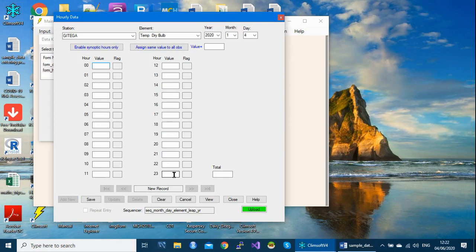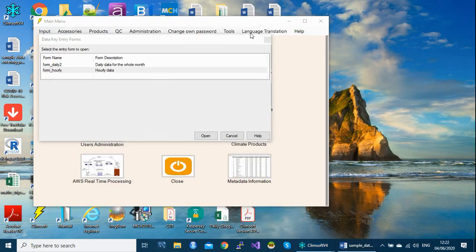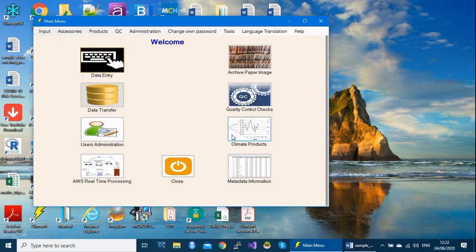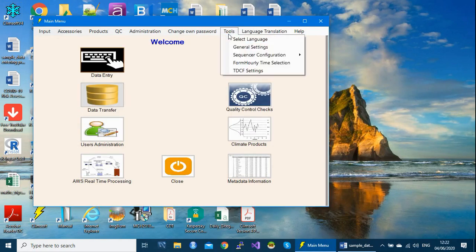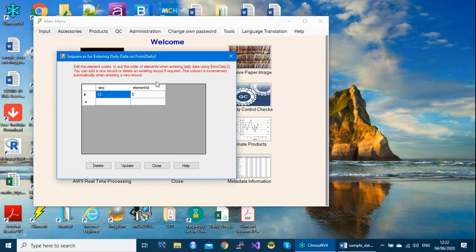Now let's say you want to enter more than one element, and let's start with the daily form. If you have more than one element, you need to set them here to make sure it goes from one element to another. After all the elements, it goes to the next day and so on.